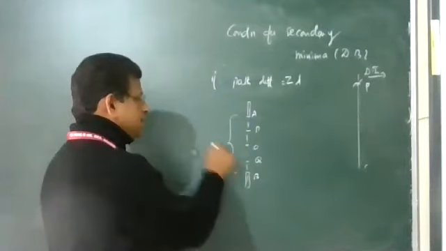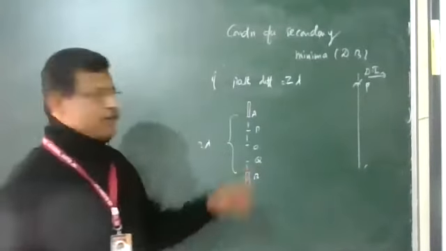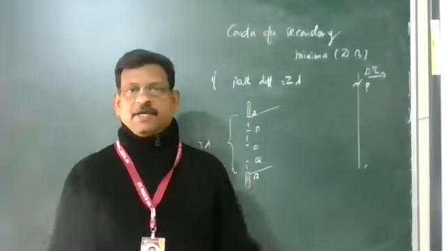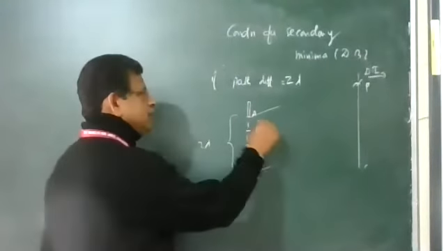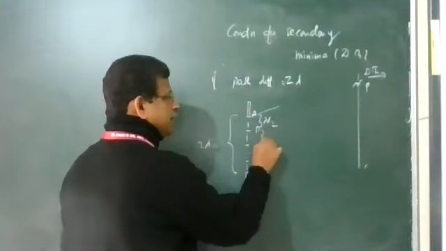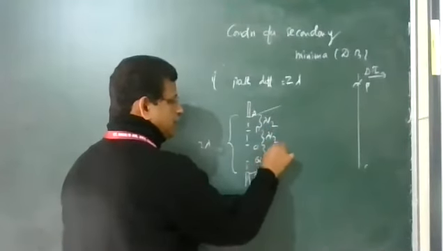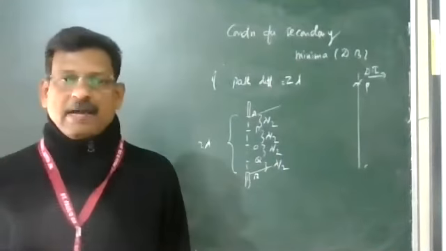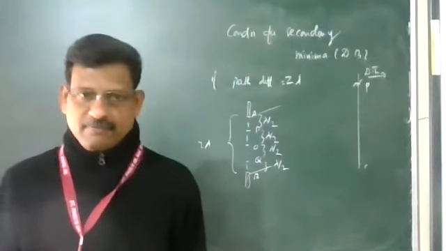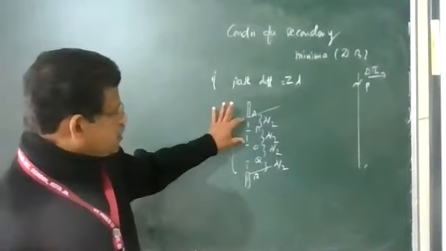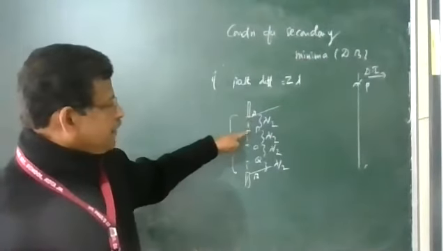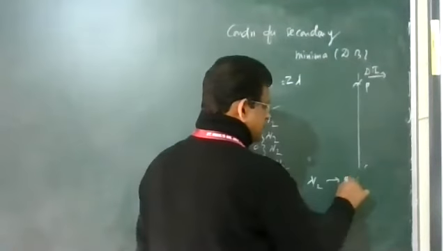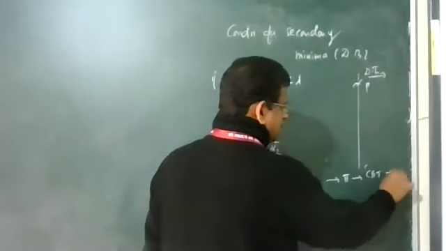Between A and B, the path difference is 2 lambda. One wavelength from A, another from B, they are going to the point P, and between them there is a path difference of 2 lambda. So between A and P is lambda by 2, P and O lambda by 2, O and Q lambda by 2, Q and B lambda by 2. Each pair of lambda by 2 destructively interferes. Like the previous case, one wave from A and one from P reach there with lambda by 2 path difference, which produces a phase difference of pi, crest and trough, destructive interference.